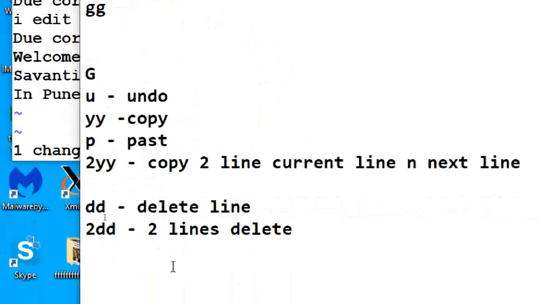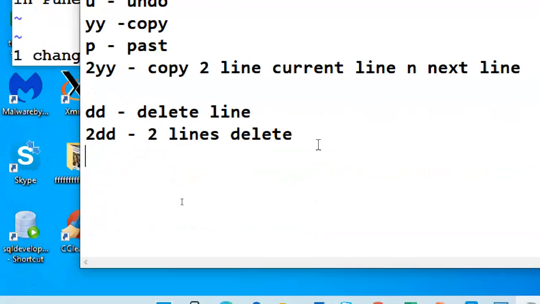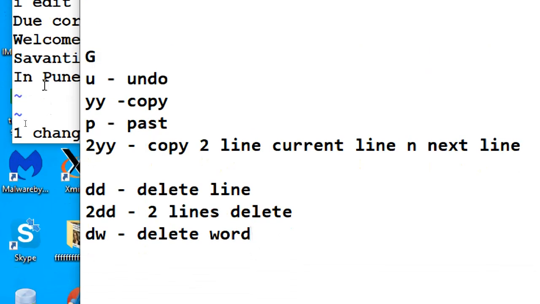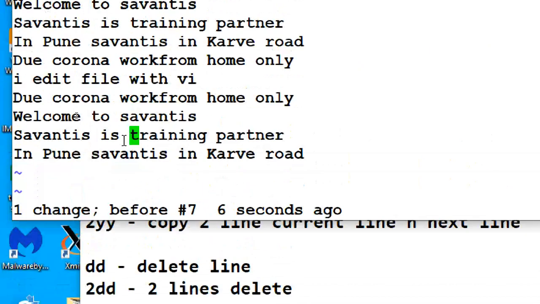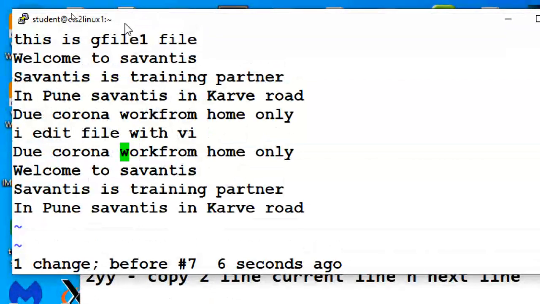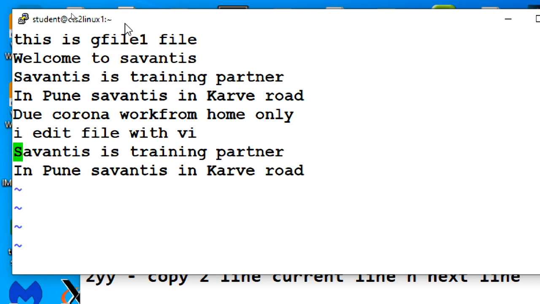DW means delete word. I want to delete two words, for example, work from home: this word and home, both I want to delete.